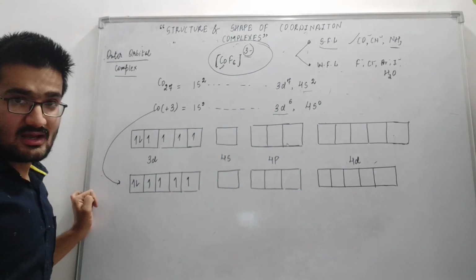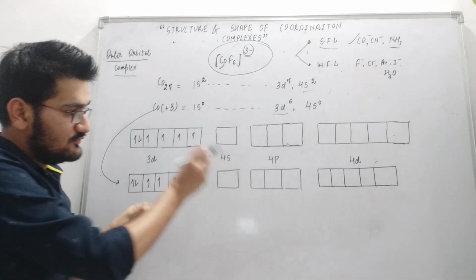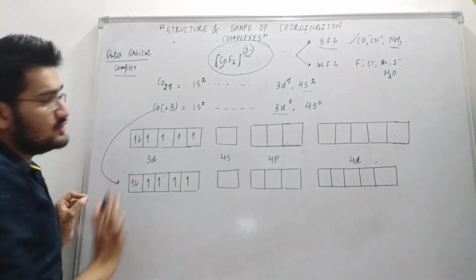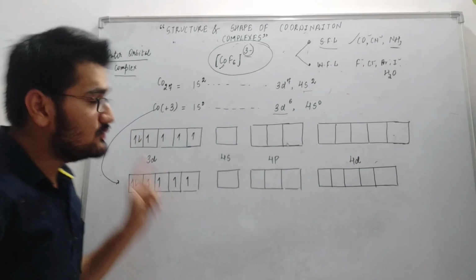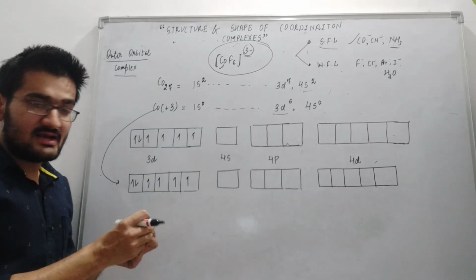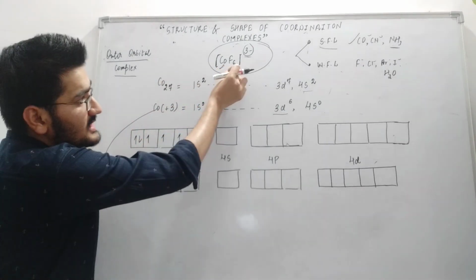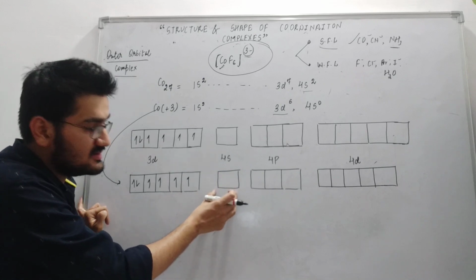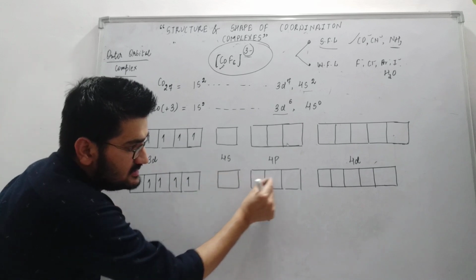Now we have to show the bonding, and bonding with the help of ligands. The ligands will donate 1 lone pair of electrons to each orbital of the cobalt. So 6 ligands are there, and one ligand needs one empty d orbital so that it can donate the lone pair of electrons. Why does it need only one? Because one ligand can donate 2 electrons, meaning 1 pair of electrons, and in one orbital the maximum 2 electrons can be accommodated. We can fill only 2 electrons in one orbital.